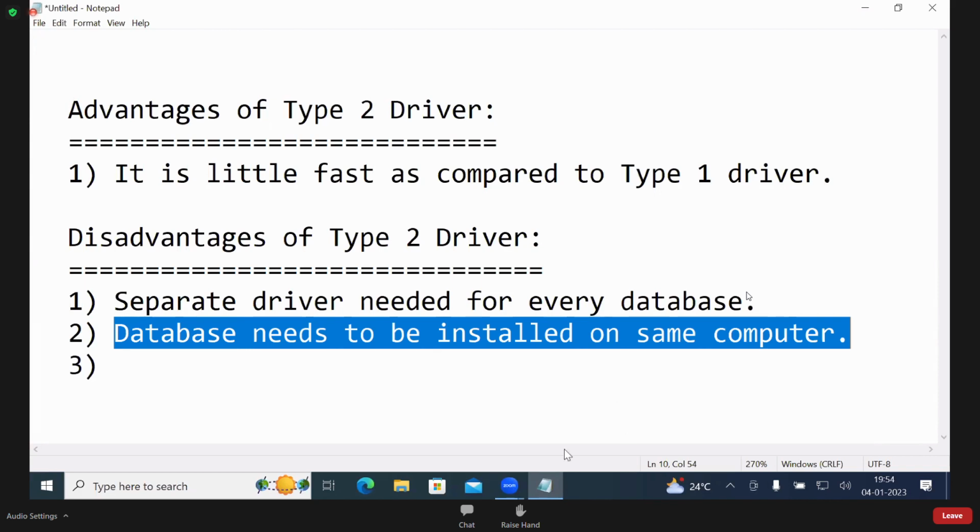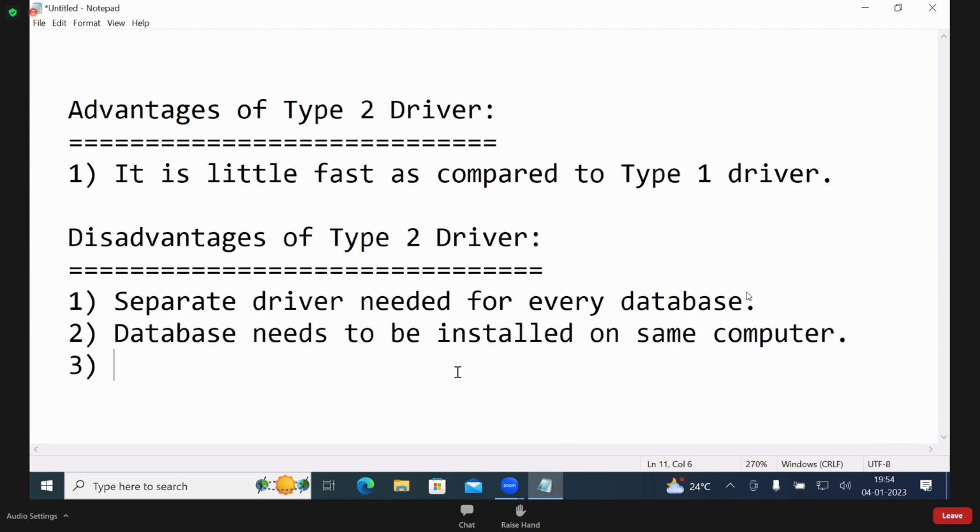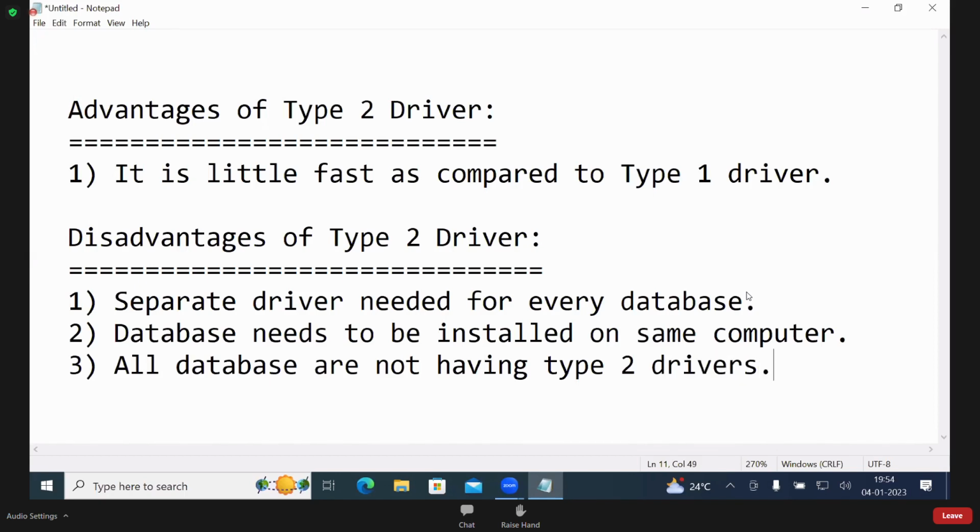That is the reason all databases do not have a type 2 driver. That is also one disadvantage. Note, all databases are not having type 2 drivers.